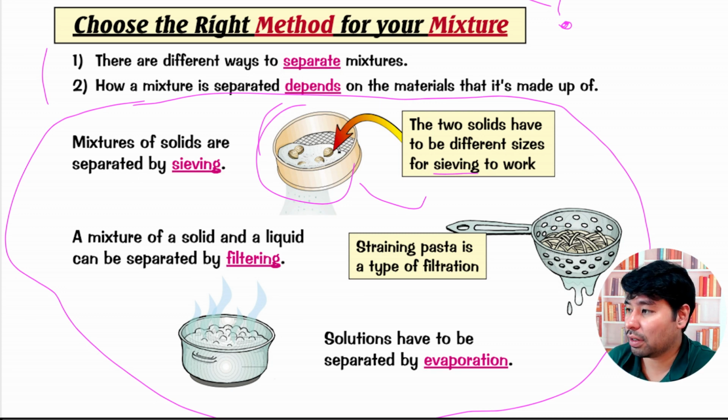So I mean, the solids have to be different sizes for sieving to work, of course. The size of the product must be different. So you can sieve it, for obvious reasons, right? If they are all the same size, you will see no